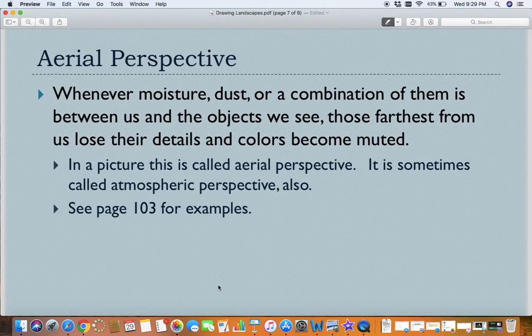Aerial perspective. Aerial perspective occurs whenever moisture, dust, or a combination of these things is between us and the objects we see. Those that are farthest from us lose their details and their colors become muted. An example of this is like if you're in the car and you're driving and you look really far ahead of you in the distance, the trees that are further away on the sides of the roads, they look really gray and muted,